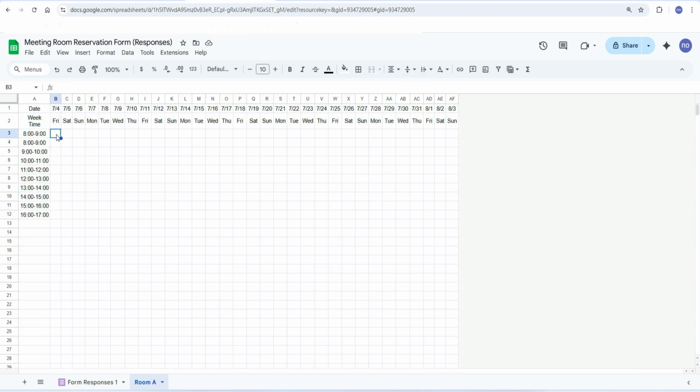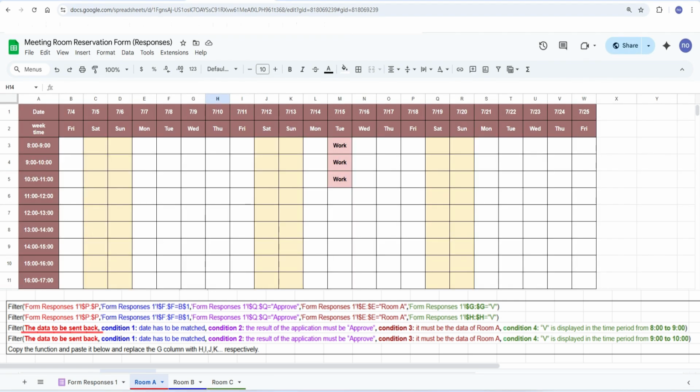And then there's the formula for our schedule. The formula we're going to use is filter. So how do we use this formula? There's an explanation here. The first field of filtering is the information you want to send back, which is the reason for making a booking. When the conditions are met later, the reason for the customer's reservation will be the content of the formula posted back. So the first field is what you want to show after you meet all the conditions.